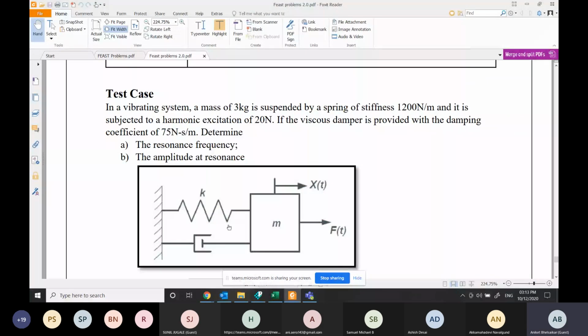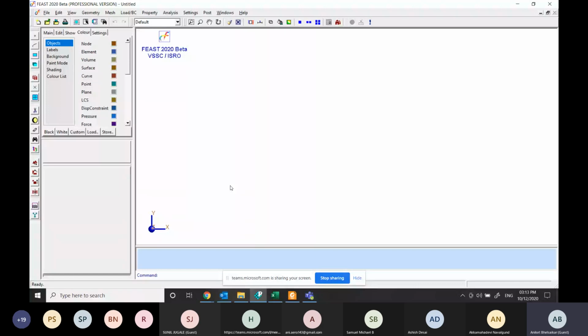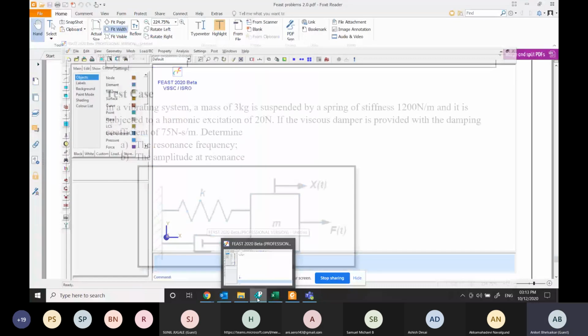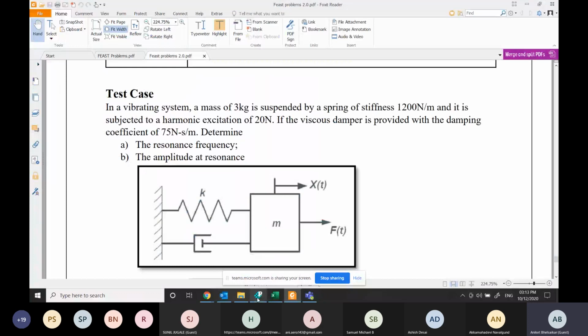Okay, so we'll see how to model the spring mass system in the software. I'll just open the software. Now here you can see, since this is a spring mass system, there is no need of creating any geometry, because from the geometry finally the solver will calculate the stiffness.